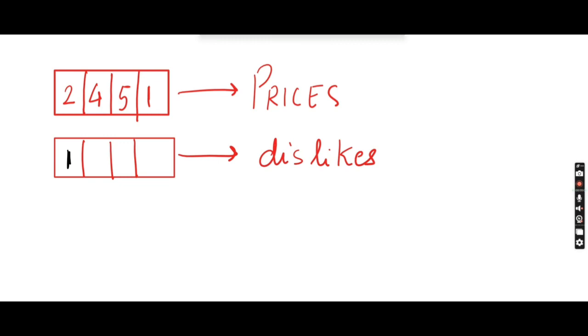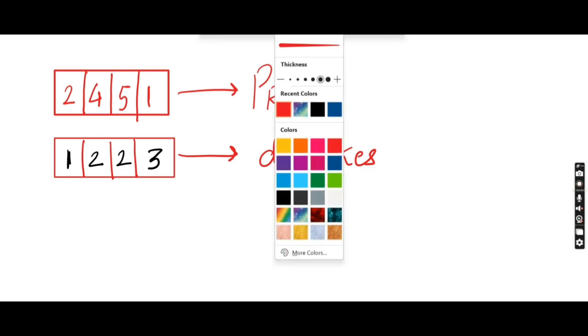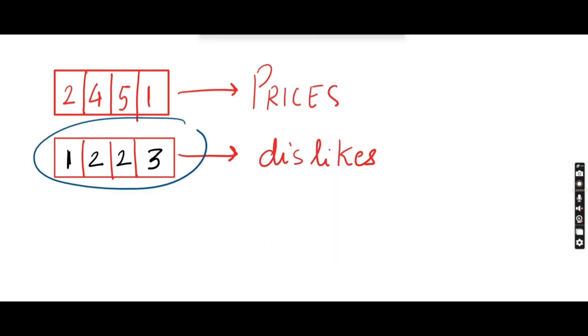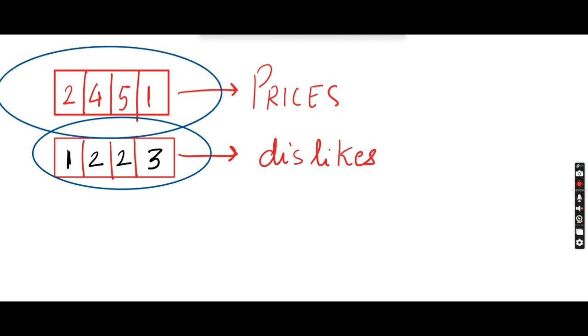This is disliked by the first friend, this is the third, this is disliked by the second friend, and this is by the third. So as we can see, in total there are only 3 friends. And how many dishes are there? There are 4 dishes. So there is one way which I can tell you, the easiest one, basically that we can somehow see that